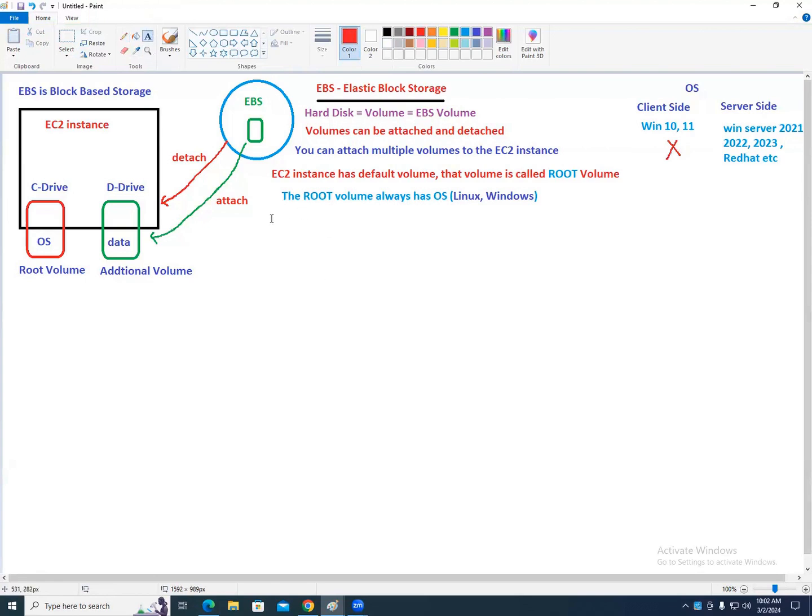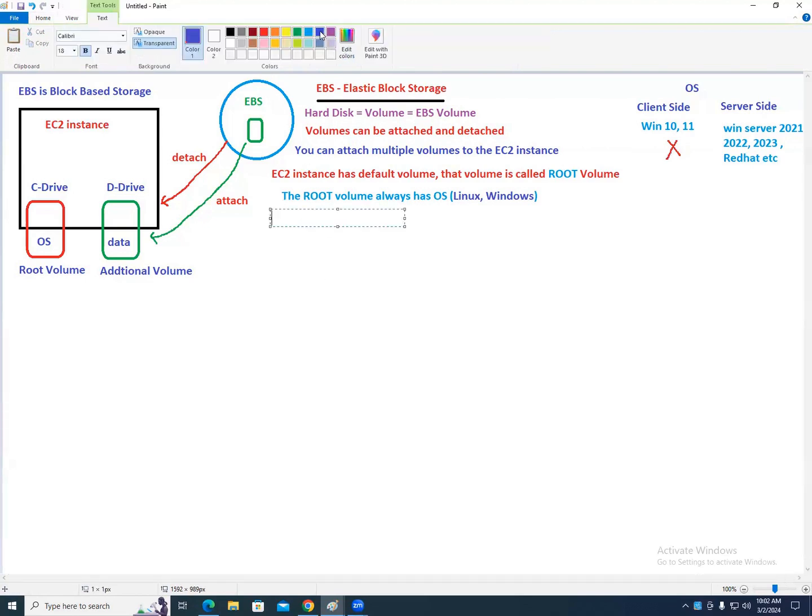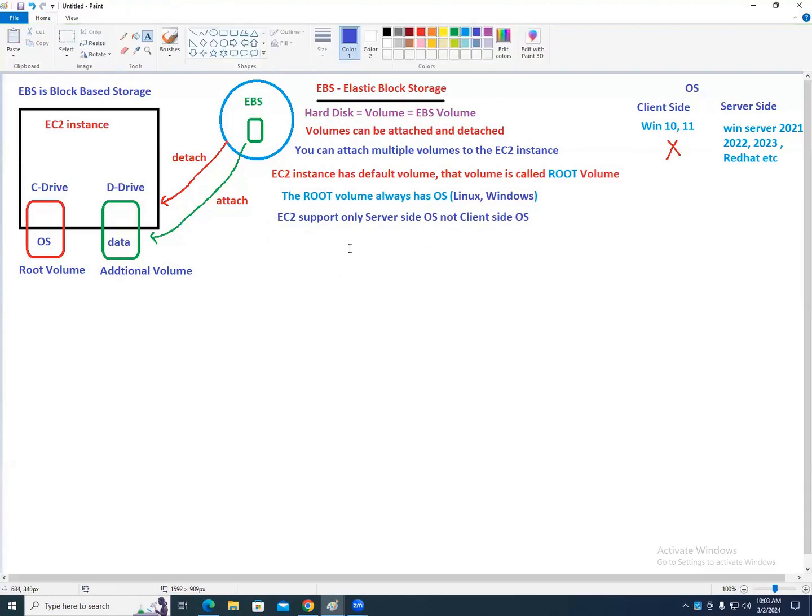I'm writing it here: EC2 supports only server side OS, not client side OS. You're getting it slowly?